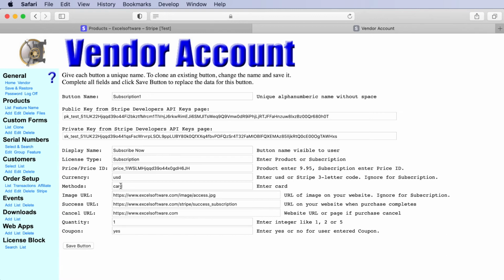And then a lot of this other information is about the same. We can have a quantity 1 or some other quantity assigned to it, and that will determine how many different computers the customer is going to be able to activate with the serial number that they receive for the subscription. And we can decide whether or not we want to allow a coupon code to be entered during the purchase